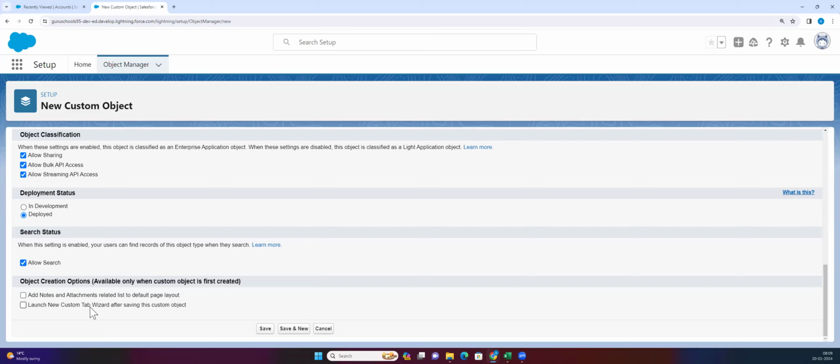Also, this particular feature, notes and attachments, is going to go away in the future, because Salesforce has an alternative option called Files. In Files, we can add attachments also. But as of now, I'm going to add this. Now this last option is to create the tab